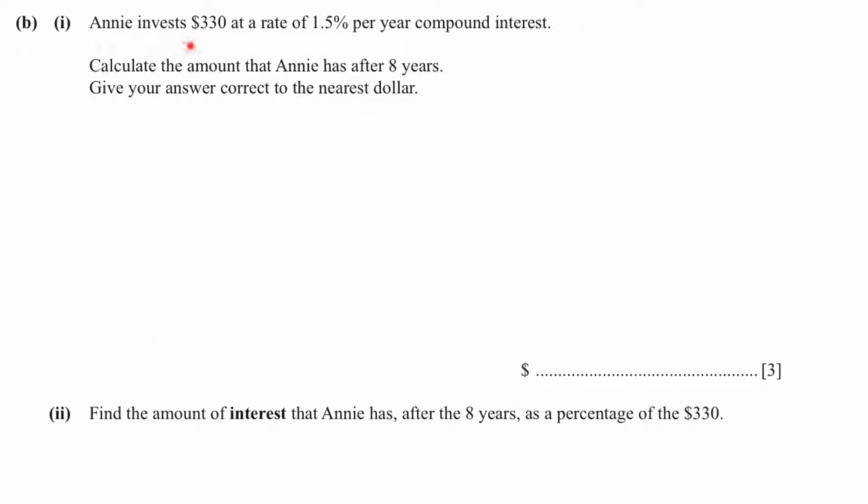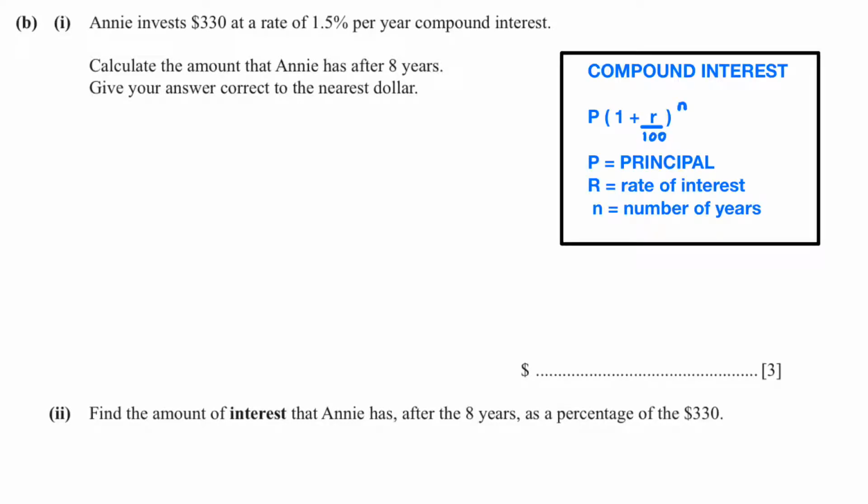B1. Annie invests $330 at a rate of 1.5% per year compound interest. Calculate the amount that she receives after 8 years. To find the compound interest, we use the formula P bracket 1 plus R over 100 to the power of n. P is the principal or your starting amount, R is the rate of interest, and n is the number of years. From our question, we know that P is 330, R is 1.5, and the number of years is